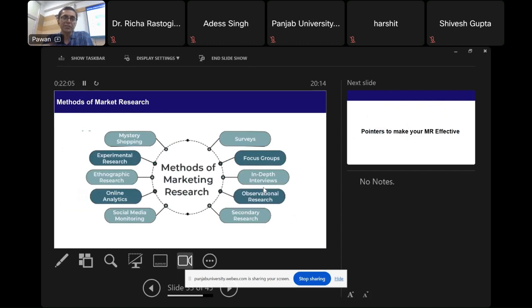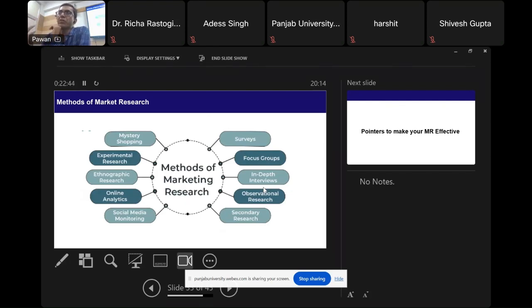And lastly, some methods of market research, qualitative and quantitative. Depending on what you are building, you could deploy some of these methods or all of them to know more about customers. Sometimes they say that the market is this much. That's called TAM, total addressable market. If there is a product or a problem, what is the total number of people who would be using that product or who would be suffering from that problem, right?